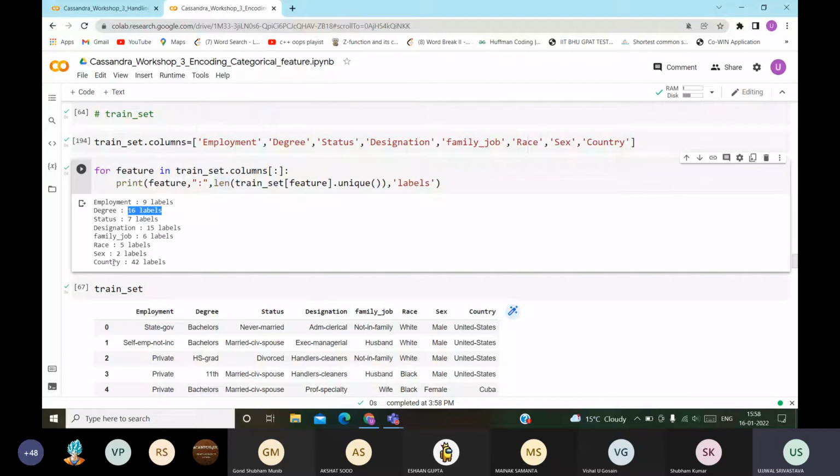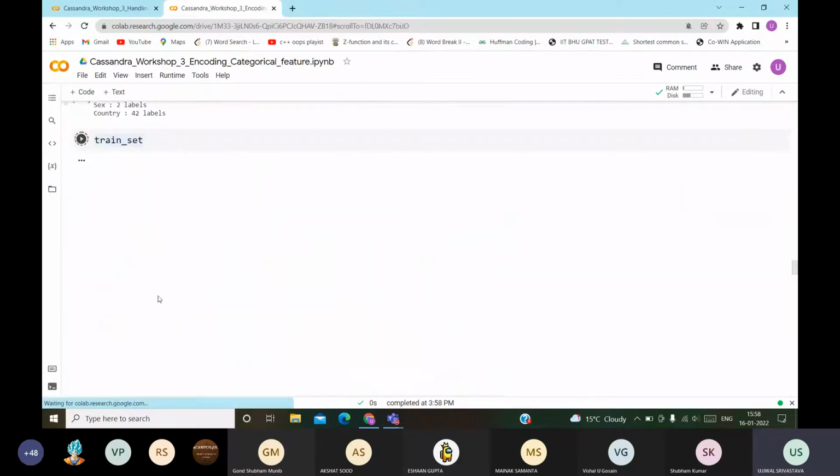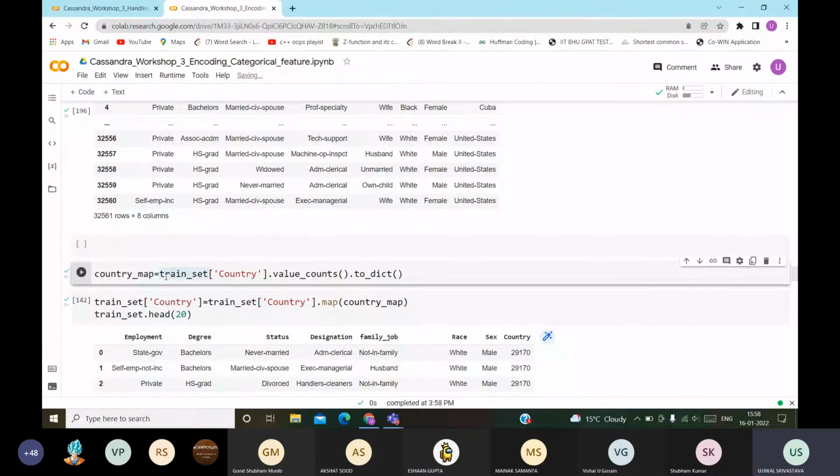So now let us work with country only. We are creating a country map. What is this? Train set country: we are taking the country column, counting values, like which country has occurred how many times, and converting it to a dictionary. Now let us see what it gives.